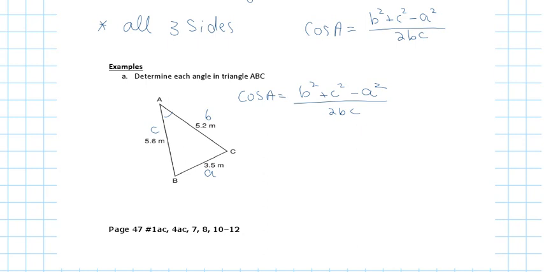So that's 5.2 squared plus 5.6 squared minus 3.5 squared over 2